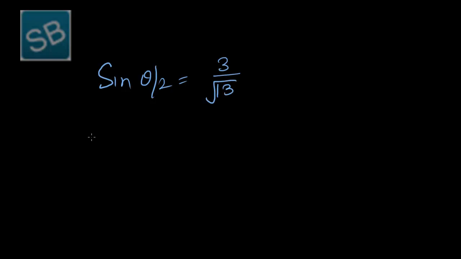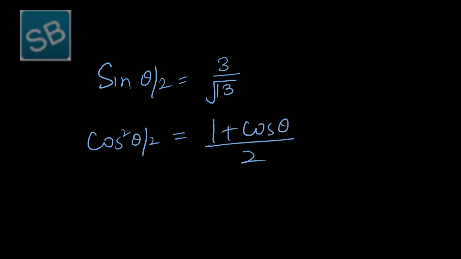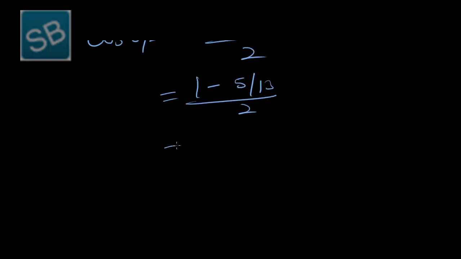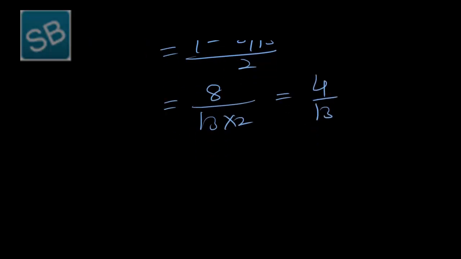Now we have to find the value of cos square theta by 2. Cos square theta by 2 is 1 plus cos theta over 2. 1 minus 5 over 13 over 2. So we get 13 minus 5 is 8, 8 over 13 into 2. That is 4 over 13. So as cos theta by 2 is also positive in first quadrant, therefore cos theta by 2 is 2 over